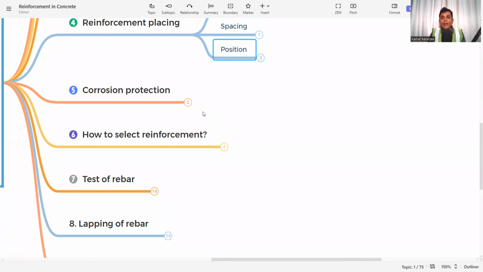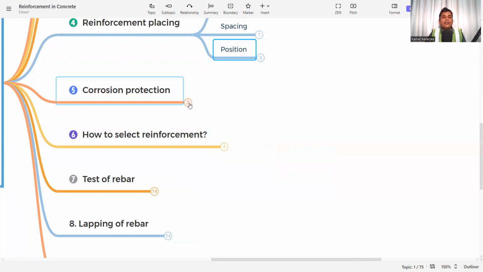Now, reinforcement is iron, so it has the tendency to rust whenever it oxidizes in the environment. Now we need to protect the reinforcement from corrosion. If corrosion is there, the volume will increase, and this volumetric increase will develop a stress, and the concrete will break. If that happens, then our concrete durability will be less, and lifespan will be less. So we need to protect the reinforcement against corrosion. It is the key to success in the lifespan of the concrete structure.